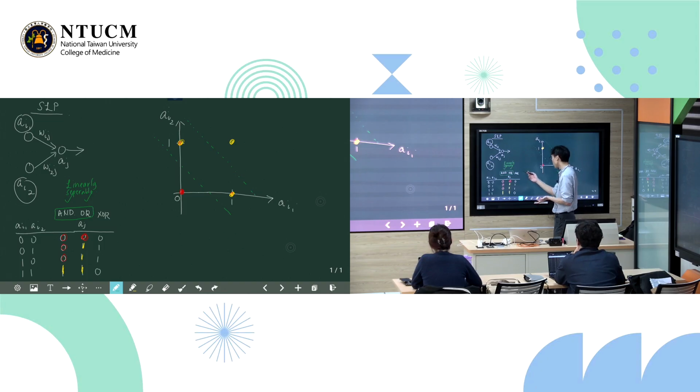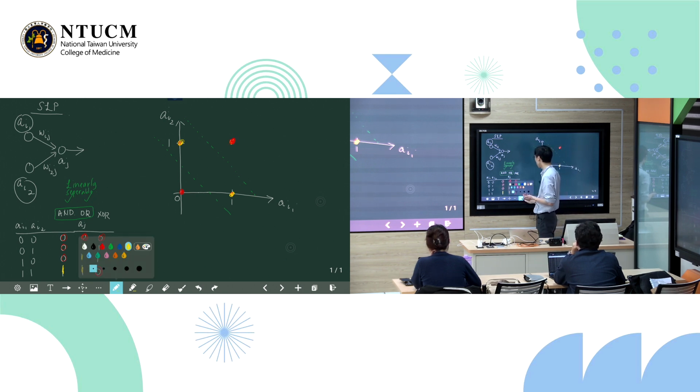Now, when we have an XOR problem, okay, it looks like this, right? So in the XOR case, the red is here, the red is here. Red is for 0,0 and 1,1. So it'd be like this. Okay? And then the other two cases are